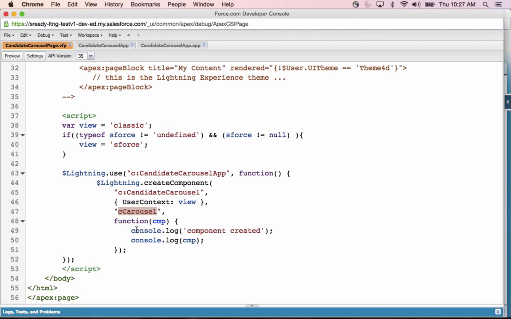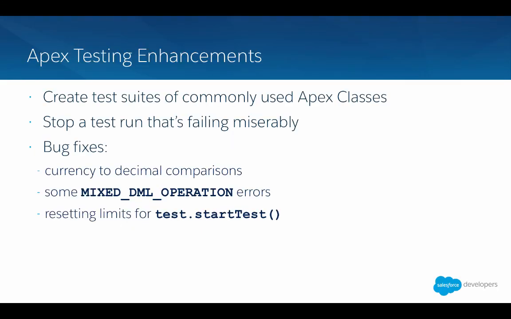And then finally, you have a callback function, which can be used to set more values or maybe do more DOM manipulation, whatever you might want to do after the component actually loads. But in this case, I'm not doing anything except logging that it was created to the console. So let's take a look. So that's basically it. That's really simple. I have my simple Lightning component. It only takes a few lines of code to put it on the page. And then there you go.